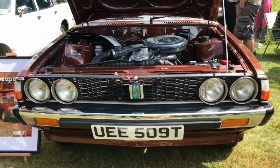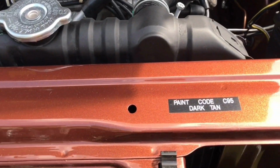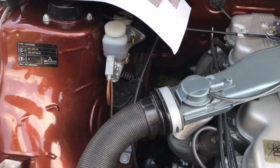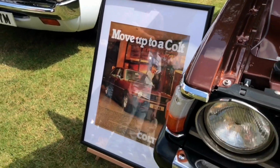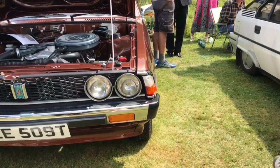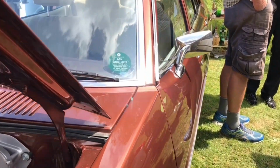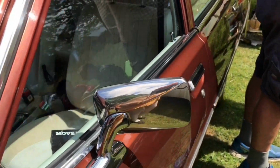Now, this is a little bit different. This is a Mitsubishi Colt, or as this one is known, a Colt Sigma GLX. These are gorgeous cars, but they're not something you see every day because they are imports and they're a little bit different. Can you believe that there were over 500,000 made, but there's only 11 left on the road? It's one of those cars that's just been forgotten and hasn't really been remembered, and what a shame,